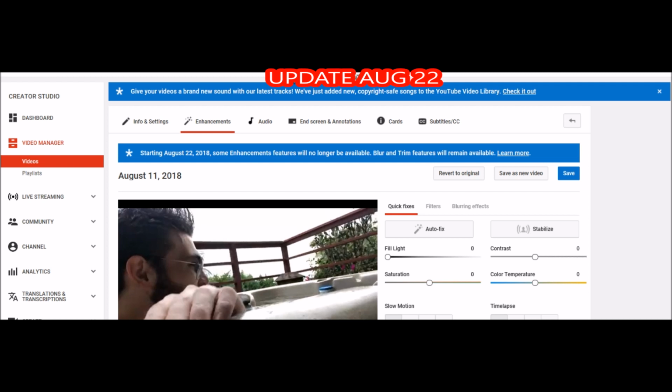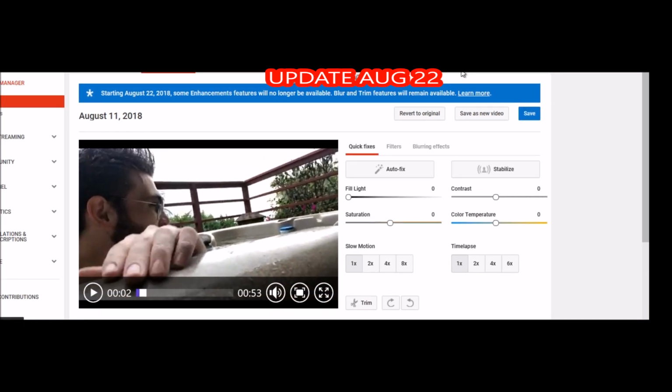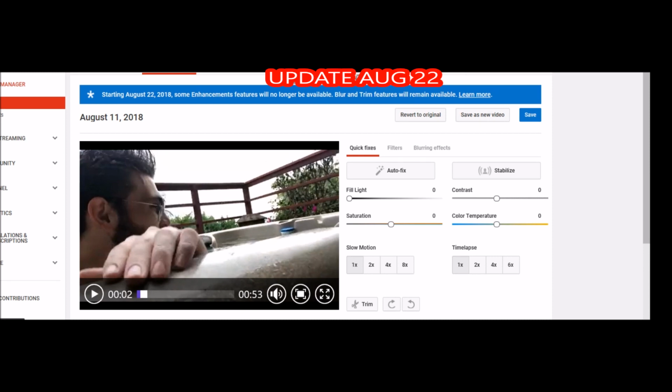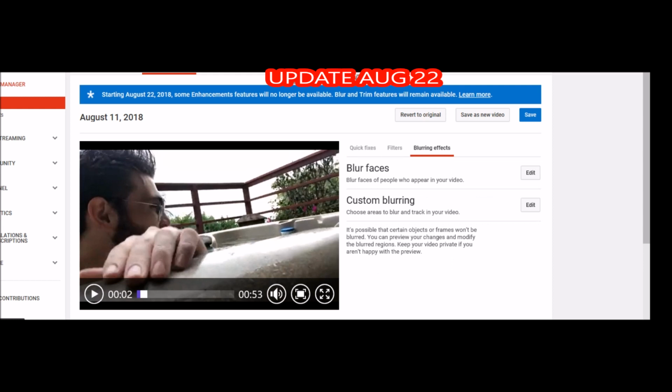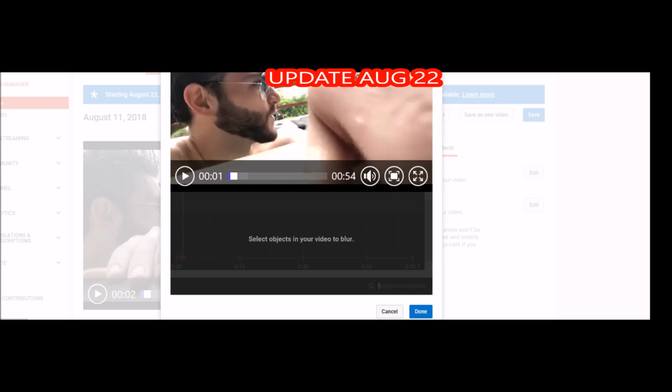And there's an update coming on August 22nd that's going to get rid of a few features, but the blur feature is still going to be here. You're going to see the third option on the right is going to be the blur feature. Once you click on the blur feature, it's going to give you two options. It's going to be like, do you want to do custom blurring, which is great for license plates and anything else you want to blur. But the other option is blur faces, which makes it very simple. We're going to be going with the blur,